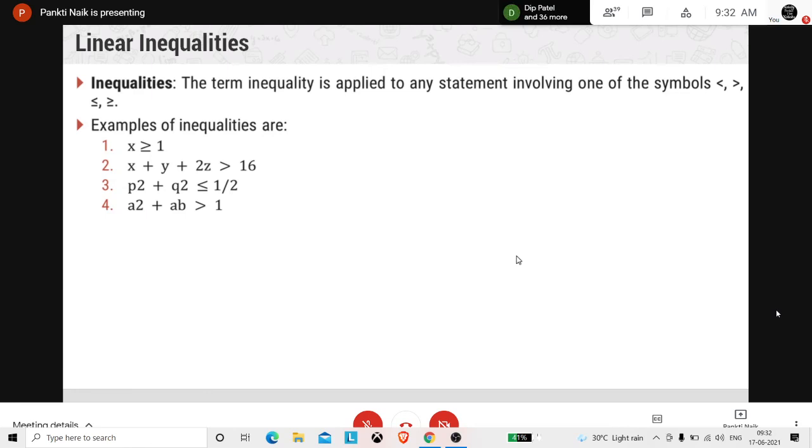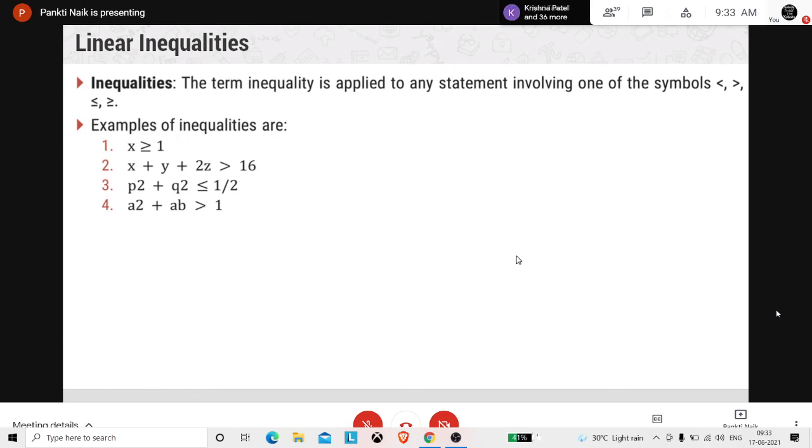Now next is linear inequalities, right? Matrix addition, matrix multiplication, transpose matrix, determinant of matrix, all that you learn in your mathematics, right? So you don't need to go into detail here. Just remember that the various operations that can be performed on a matrix are addition, multiplication, subtraction and transposition, right? So next is linear inequalities, right?